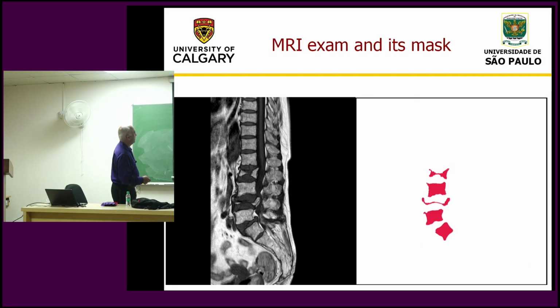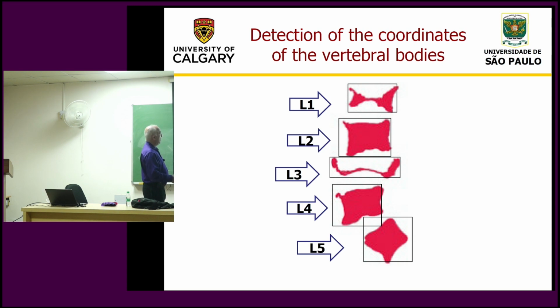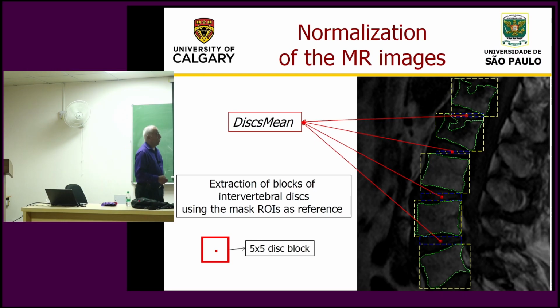I won't go through the flow chart. We got these regions marked by one of the radiology residents and checked by the radiologist. So L1 through L5 in this case. To normalize the images from the data of each patient, these regions were given, the green lines were given by hand labeling. We found the bounding box marked in yellow, and between the bounding box of successive vertebral bodies, we have the